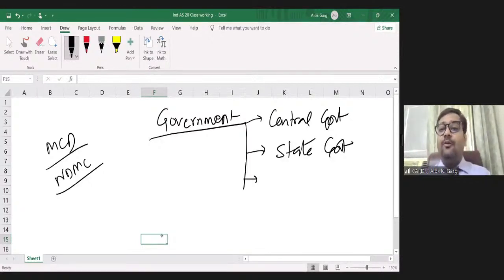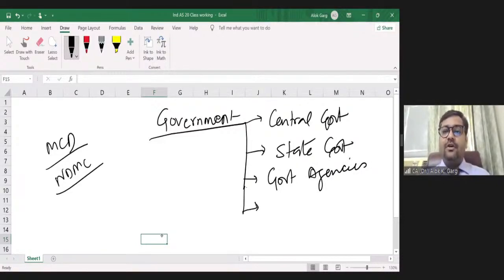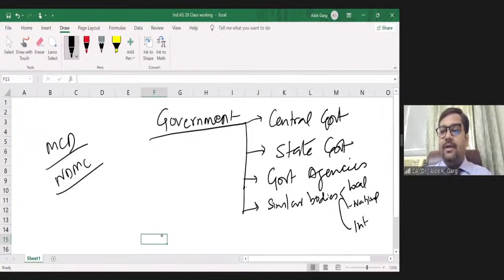So the standard says the government includes central government, state government, government agencies, Reserve Bank of India, Insurance Regulatory Development Authority, and similar bodies, whether local, national, or international. So all are covered here: local, national, or international. Okay. So guys,